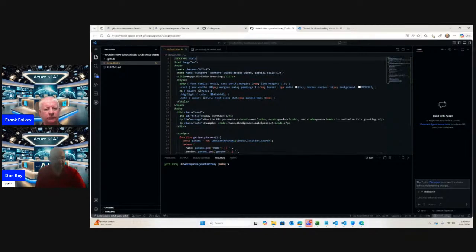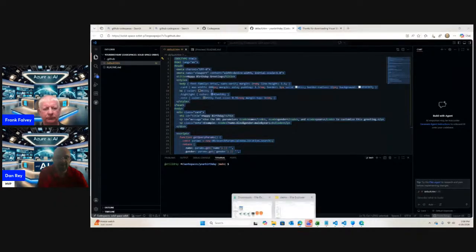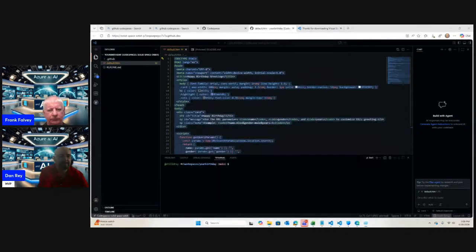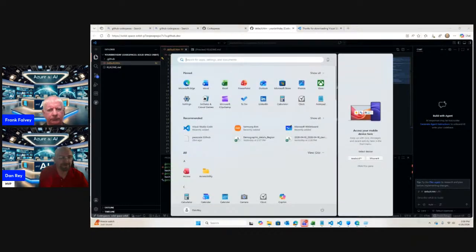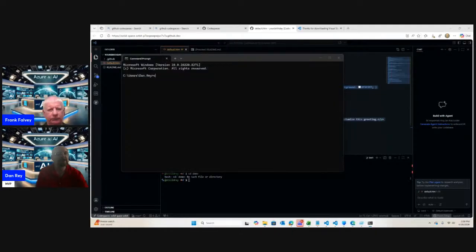So I can take this website that was built as an example with Codespaces, and I can run that locally. If we go into that demo directory and we create a file, let's do this from the command line. Oh, this isn't on my local machine either. Codespaces is in the cloud, so I have to open a command prompt on my local machine to change to the demo directory. Then I can do a copy con